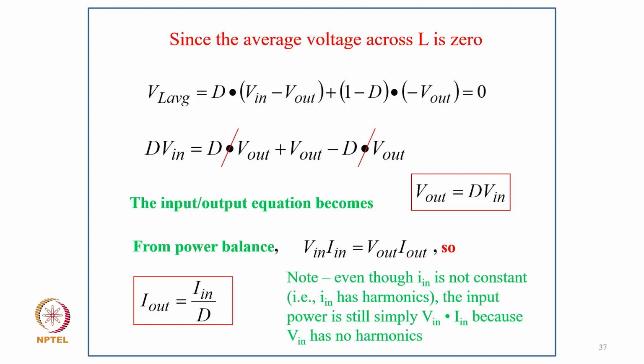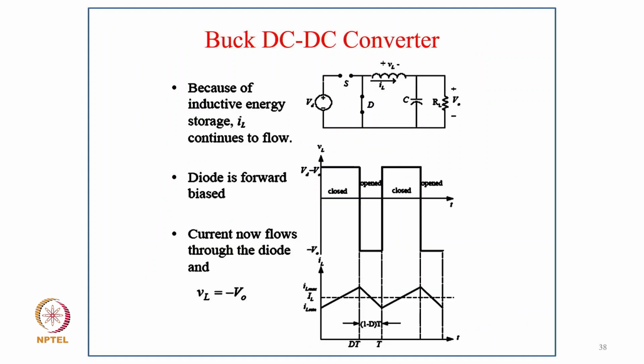From this we get D V in equals D into V out plus V out minus D V out, from which we get V out equals D V in. From power balance, V in I in equals V out I out, so it becomes I out upon I in equals 1 upon D. Even though I in is not constant and has harmonics, the input power is still simply V in I in, because V in has no harmonics. Now coming to the buck converter,